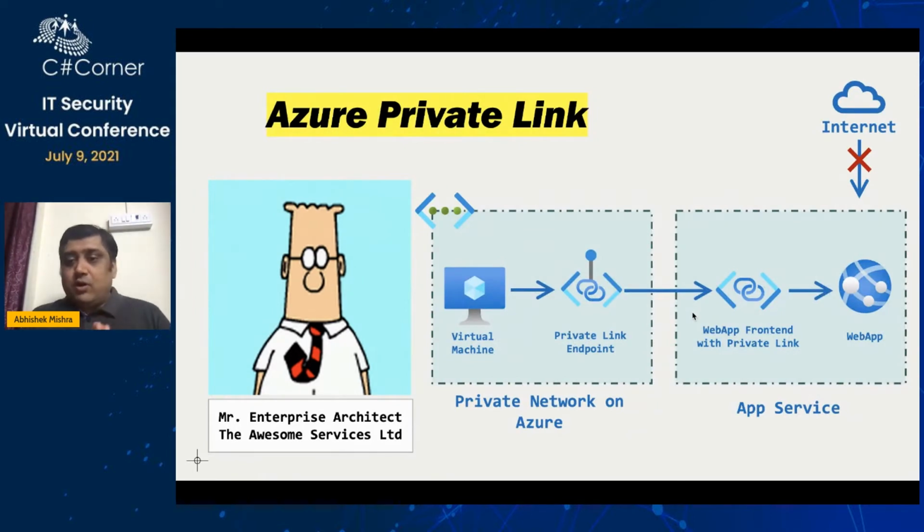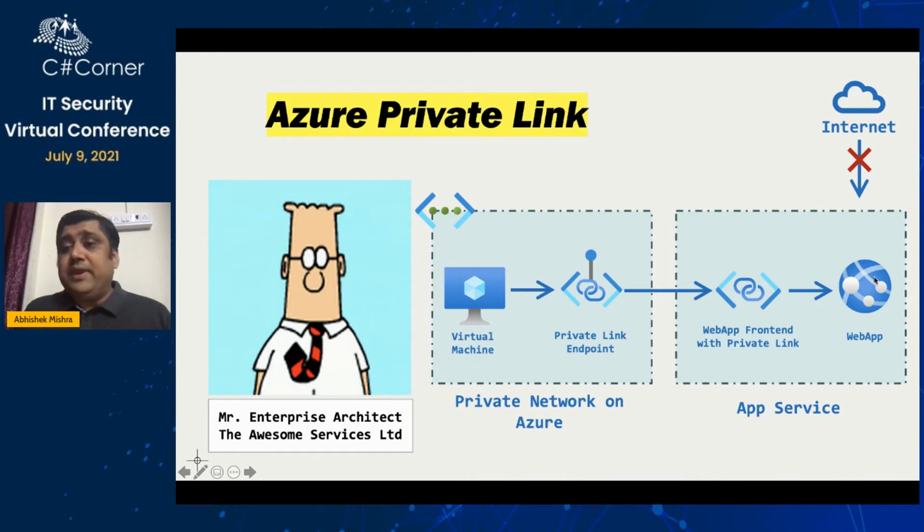I've already told you what a private link is at a very high level, and the use case is pretty simple. Whenever we create a web app, by default it's a public resource and anyone can access it. I'll show you in the demo: I'll spin up a web app and access it, and I can easily access it. There is no boundary to it. I can simply click on it and the page opens, so from the internet, anyone can access the web app.